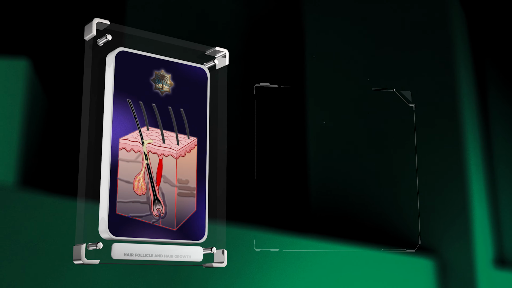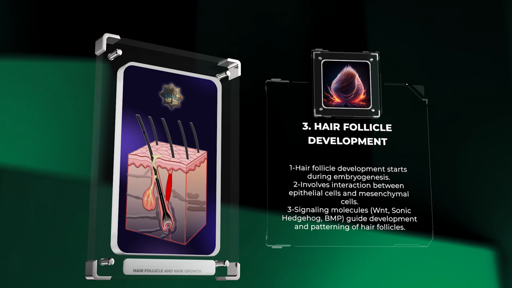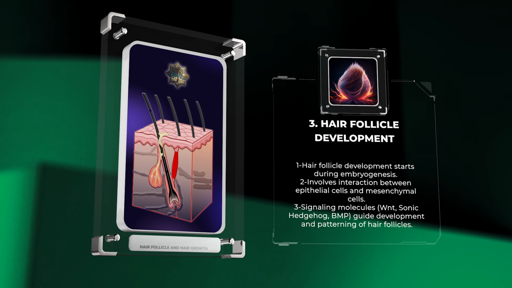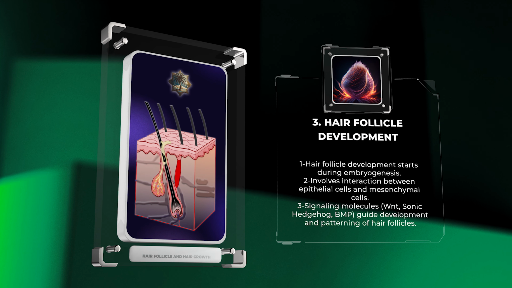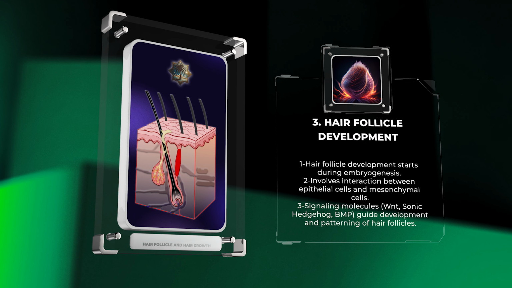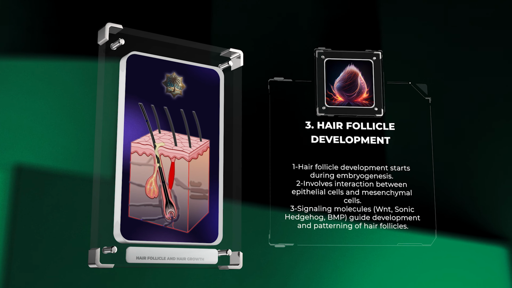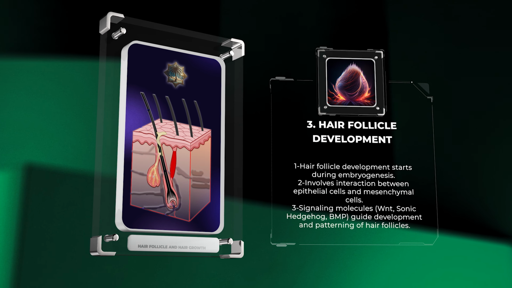cycle again. Hair follicle development starts during embryogenesis and proceeds through various stages. This process involves the interaction between multiple cell types, including epithelial cells derived from the surface ectoderm and mesenchymal cells derived from the underlying mesoderm. Signaling molecules, such as WNT, sonic hedgehog, and BMP, play vital roles in guiding the development and patterning of hair